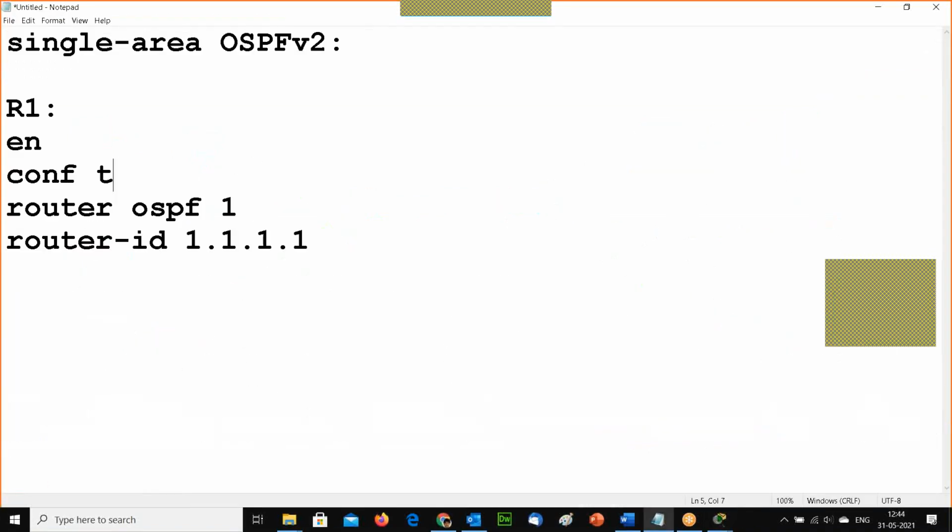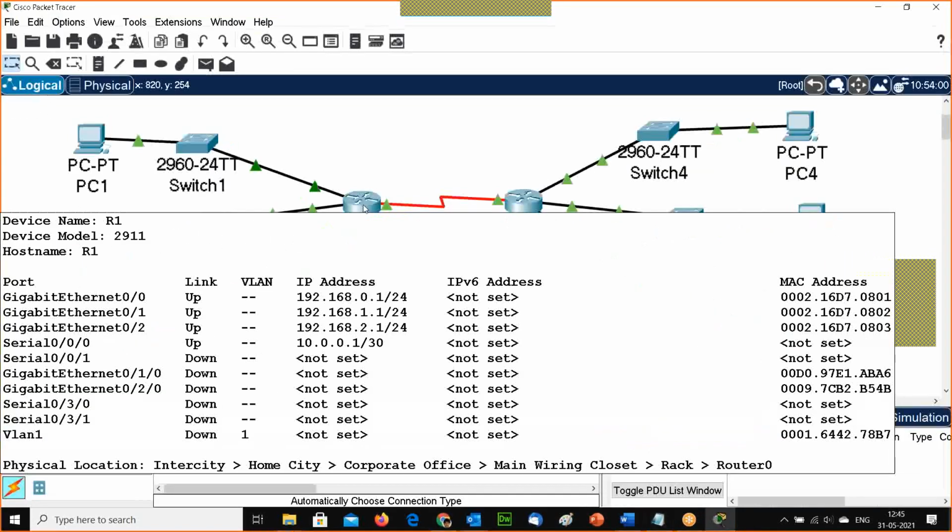For example, this router 1 is connected to 4 different interfaces. Sometimes we also create a dummy interface like a loopback interface, and there we can also give an IP, that is interface Lo0, and then I keep 1.1.1.1 with 255.255.255.255. If I do not want to give a router ID, or I am having difficulty giving a router ID, I can still create an interface with a very low IP.